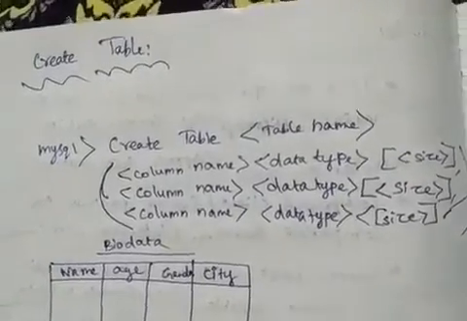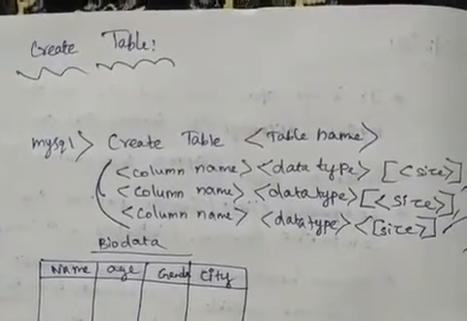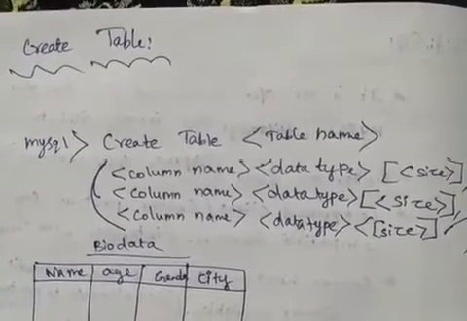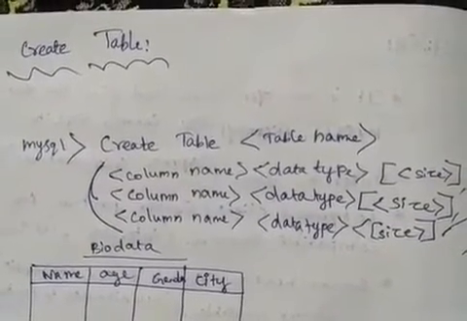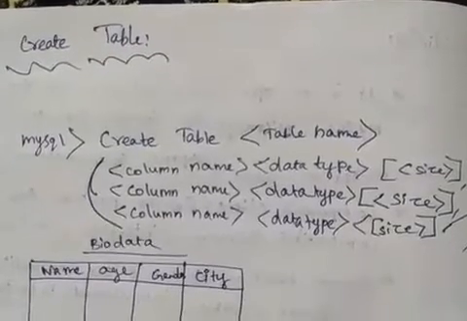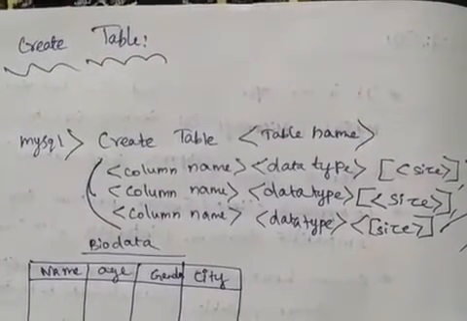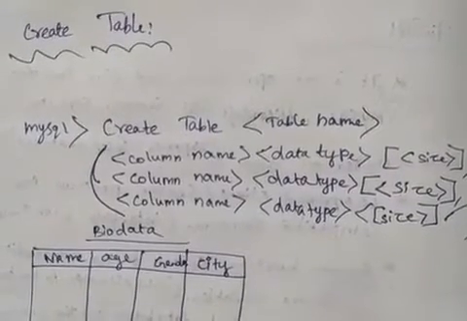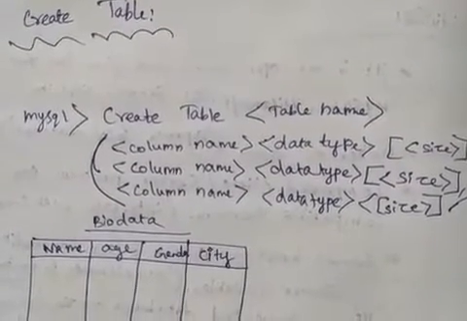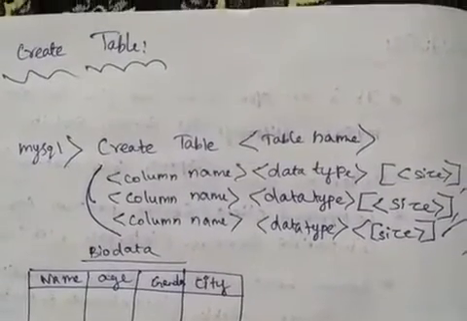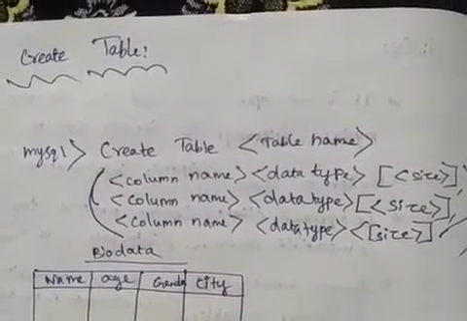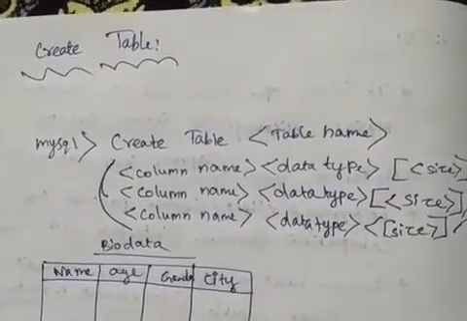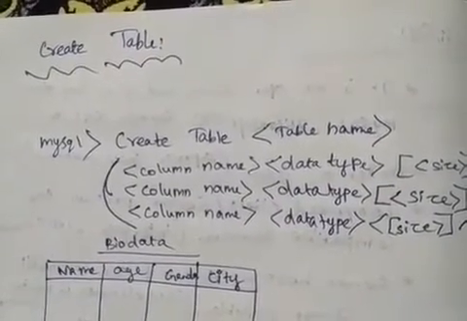So the next topic is create table. As we have studied already, in an application, an app or a website, each page is considered a table. As I have told already, in the same Amazon example, multiple pages are maintained: customer details, product, order, payment page. Everything is considered a table. So here customer is a table, product is a table, order is a table, payment is a table. Every page is considered a table with a lot of data.